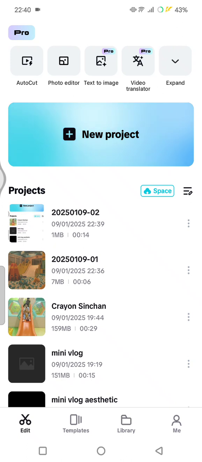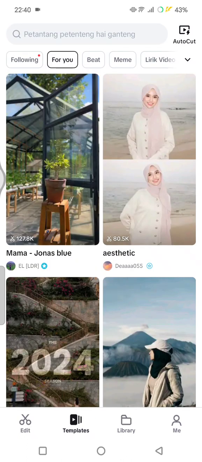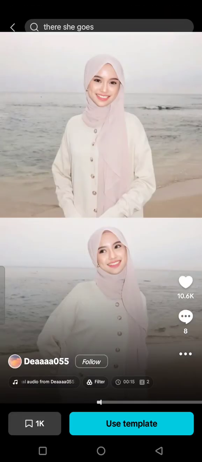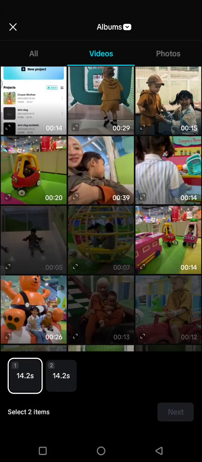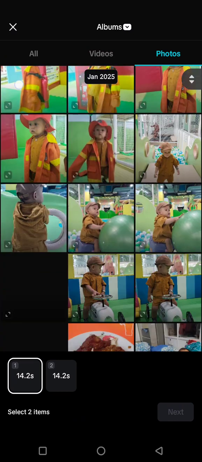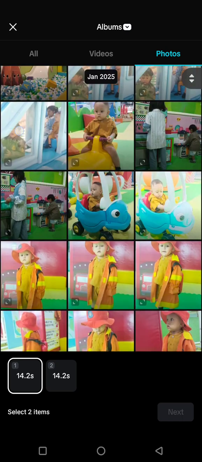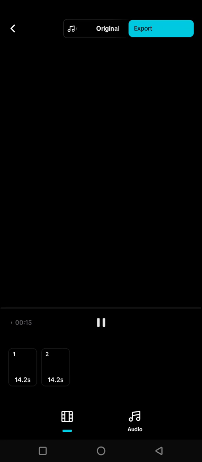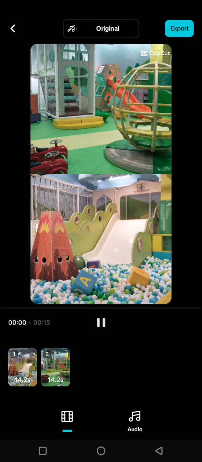So how about if you use templates on CapCut? As you know, when you use a template from CapCut, there will also be a watermark attached to it. Let's try to use templates in here. I'm going to add photos from here, for example. Let's just add these two photos. Tap on next, and here you'll see at the top right corner there will be this CapCut watermark